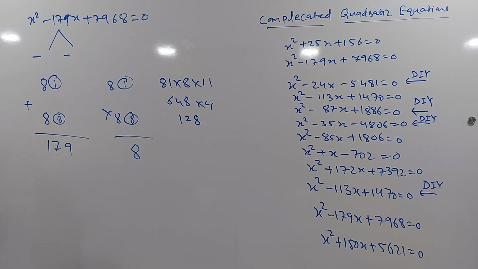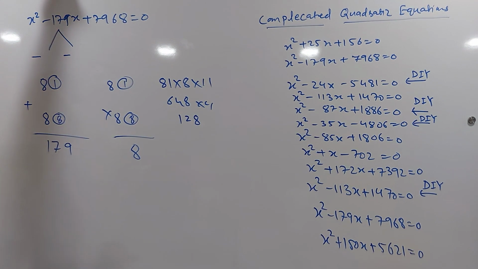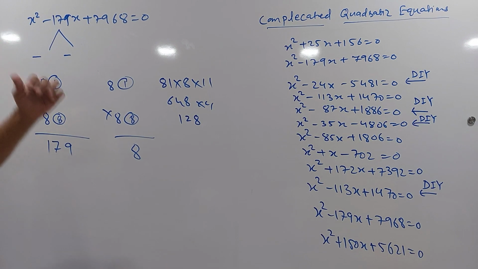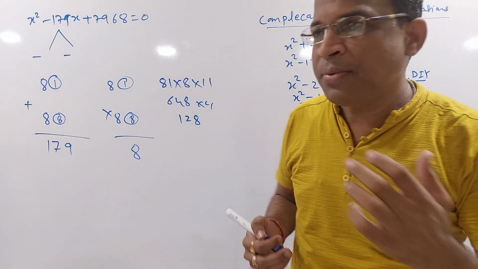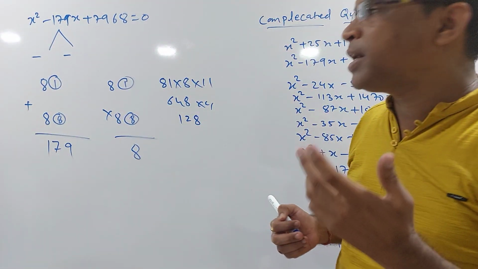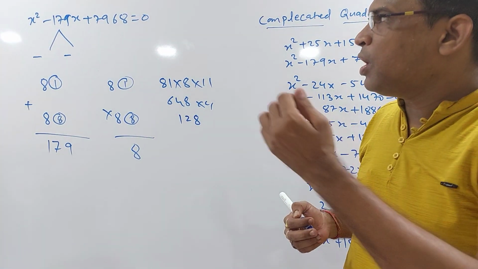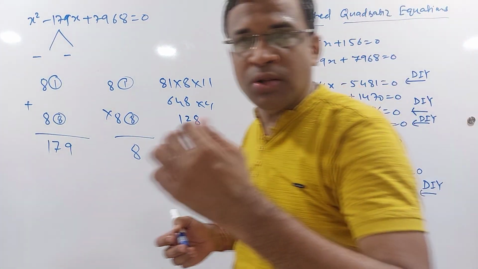What could be that something else? Can I have any other combination which is giving me such a result? So let us check for that. Can I have some other sum which ends in 9, where the product of those numbers ends in 8? Fine, we just need to look for that. So is it something like 3 and 5? No. So, one more approach: the sum is odd and the product is even. So that means one number is even, another number is odd. That is for sure. So just look for such a combination. If you have that kind of combination, then it's very easy for you.